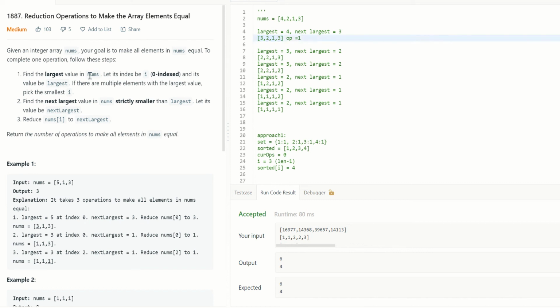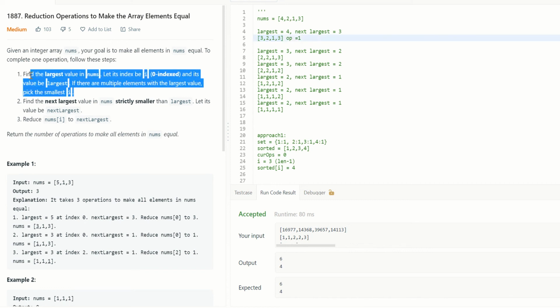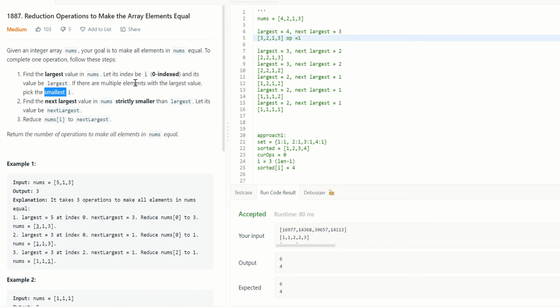But as per the definition in rule 1, we have to pick the smallest I. So that means we are going to pick the 3 at index 0. So that's the one. And what is the next largest? 2, as it says strictly smaller than the largest. So largest is 3 and next largest is 2. So now our step 3 is what? Reduce that to 2. So we have reduced this to 2. So the operation count will be 2.